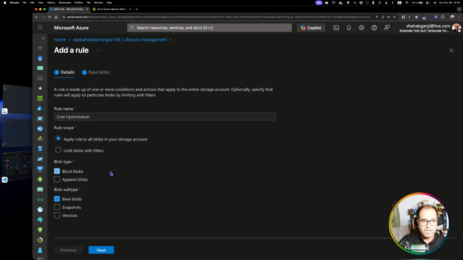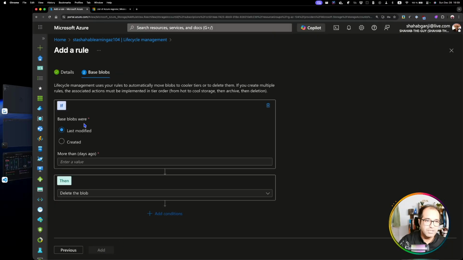There are two types of blobs that we could store, and they also have some subtypes: the base blob or the snapshots or versions. If that is enabled, you could also apply separate rules for the snapshots and versions. As you see, there are two other steps that appear at the top when I'm checking those checkboxes. I'm just ignoring them. Going to the next step, in the base blob,